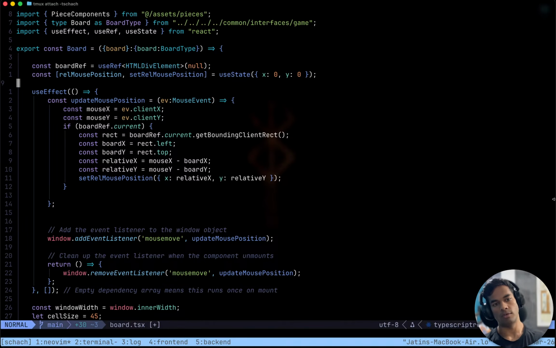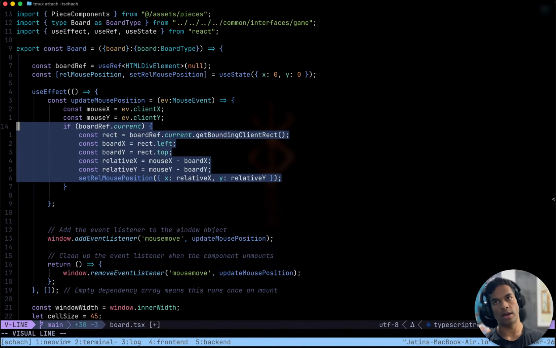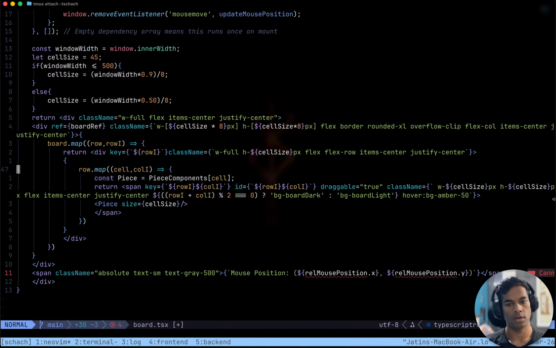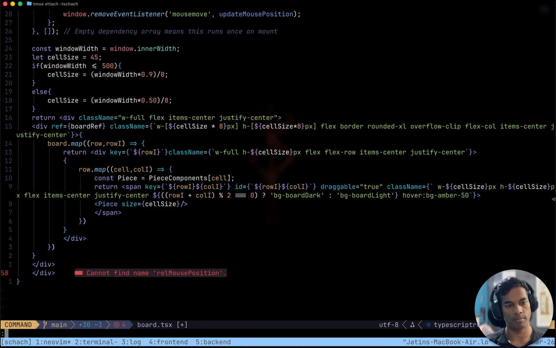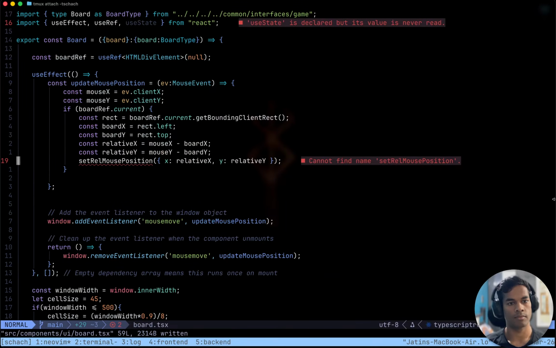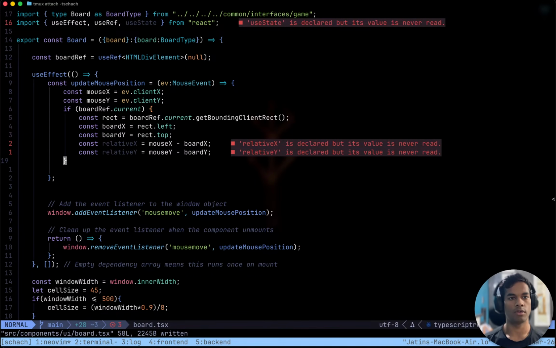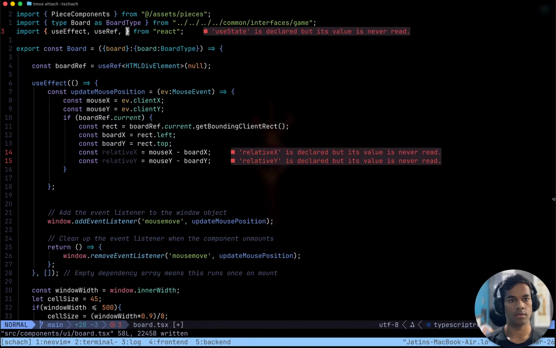Because we are always calculating the position here on the fly, which means do we want a re-render of the board every time that the mouse is moving? I do not think so. So we don't even have to store the thing here. We can just calculate it on the fly. Relative mouse X, relative mouse Y.